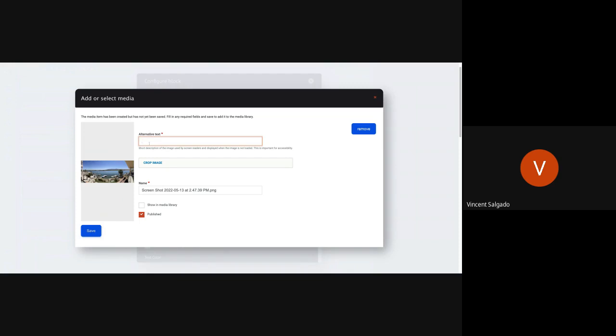You want something that's descriptive. This is what's used for screen readers, so people who are visually impaired and need help navigating through your website. What the phone does is that it actually talks back to the person who is visually impaired. So when you have something descriptive in the alternative text, that way when somebody who is blind